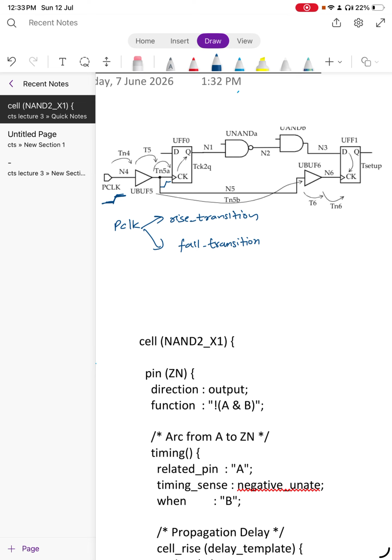Similarly for capture path, since we are having a rise transition over here, of course due to the interconnects, it will experience some slew degradation. So we have a rise transition over here as well,